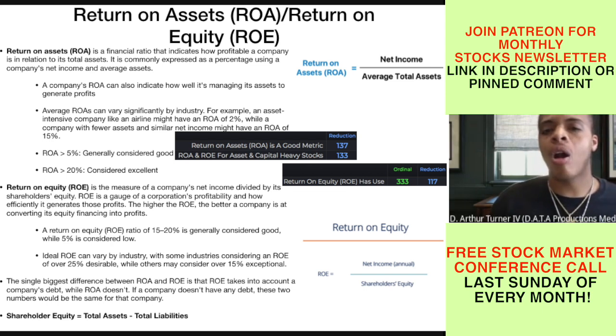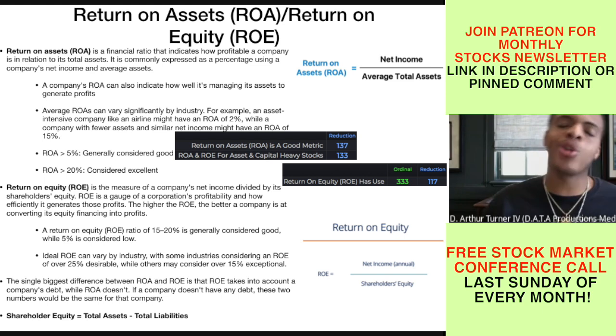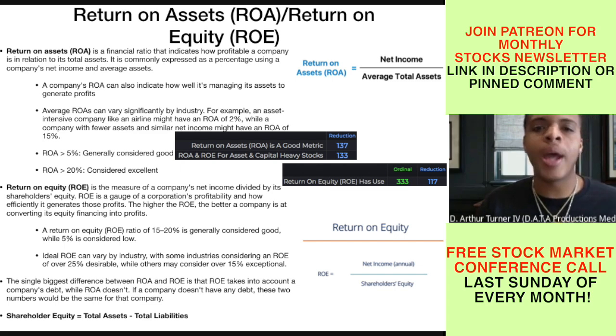So when you look at ROA and ROE, especially in asset heavy companies, capital intensive companies, industries, these are good signs, and make sure to compare them to different companies within that industry to get a gauge on where that stock you're looking at is, what it's doing. Okay. And so that's what I have on ROA and ROE.